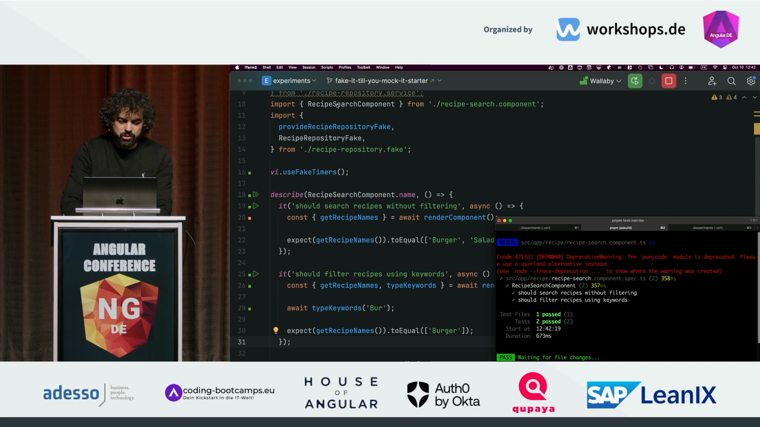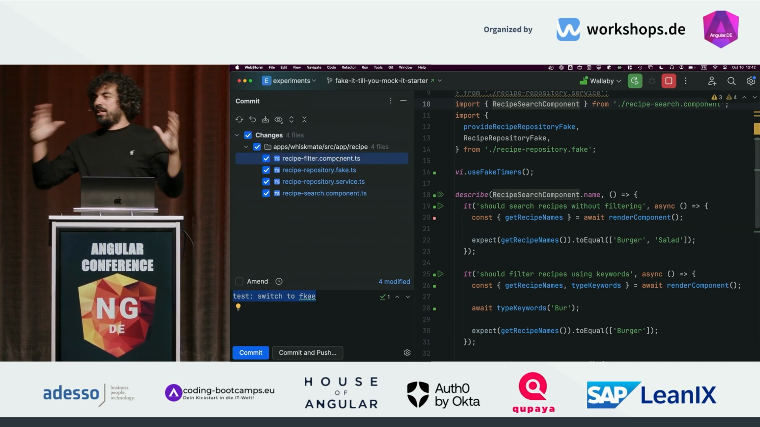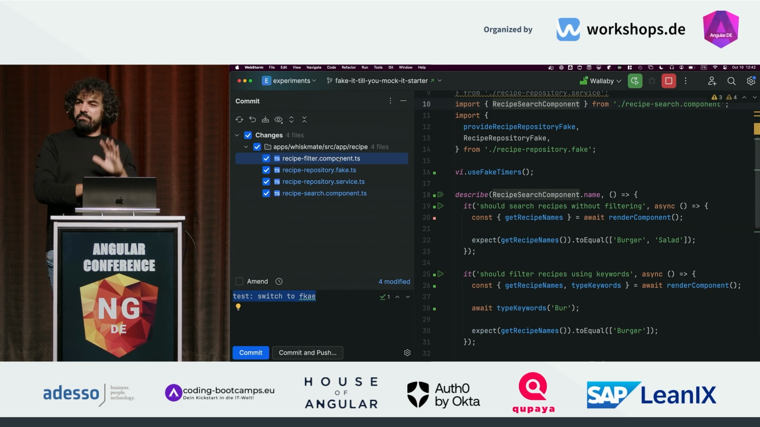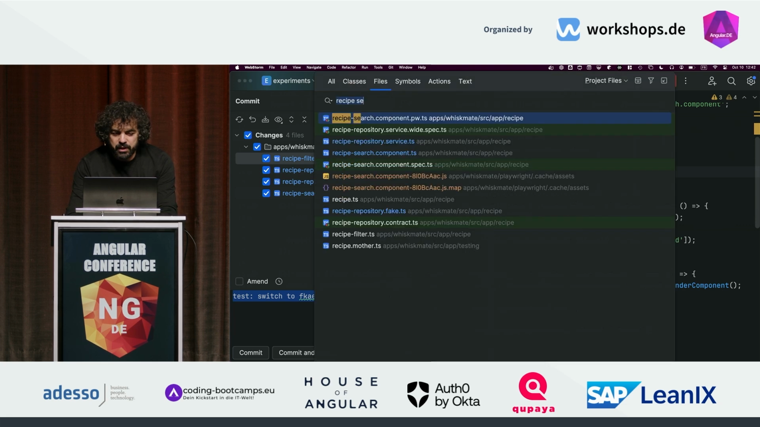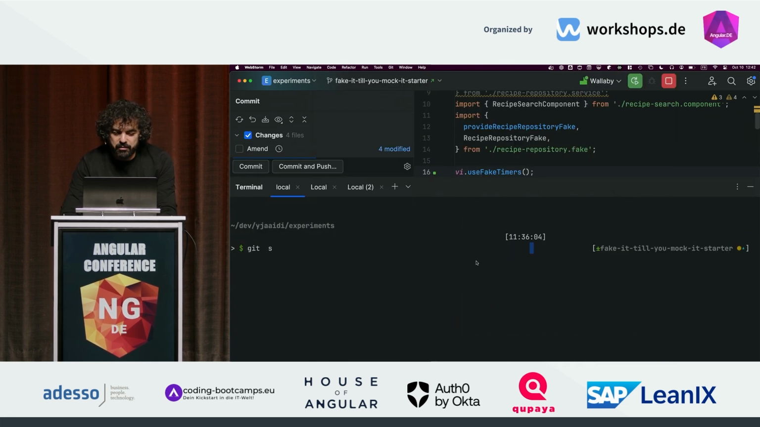And look at the changelog. I only re-implemented, changed the service, the fake, and the components. I did not change any tests. If I had like 100 or 1,000 tests, they would have been still working properly. And in order to go even further, what I can do is that I can, even if I'm using something like Playwright component testing or whatever,